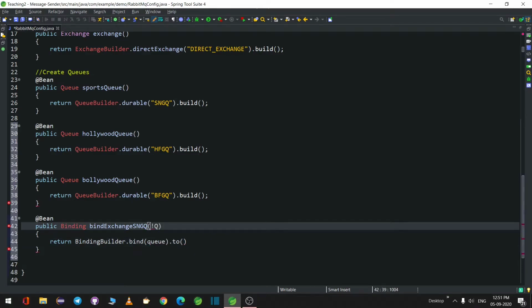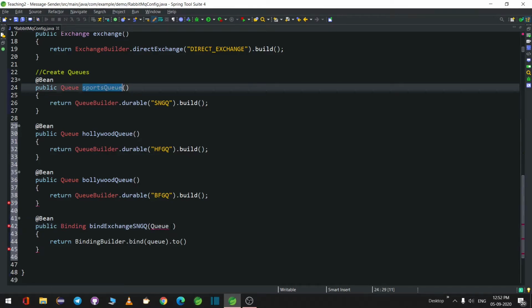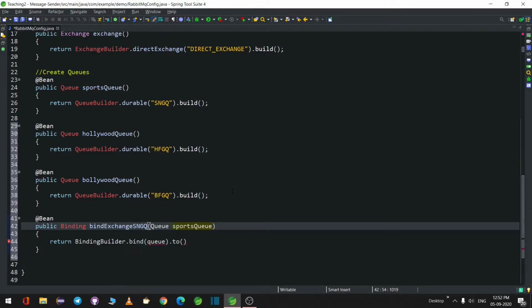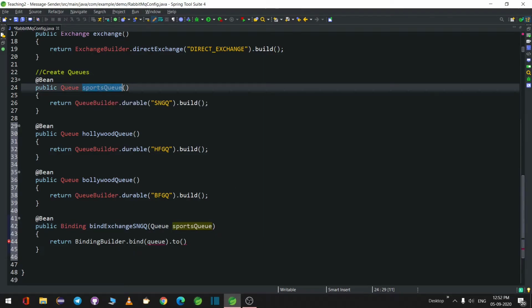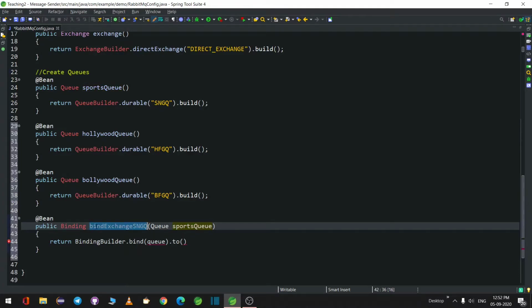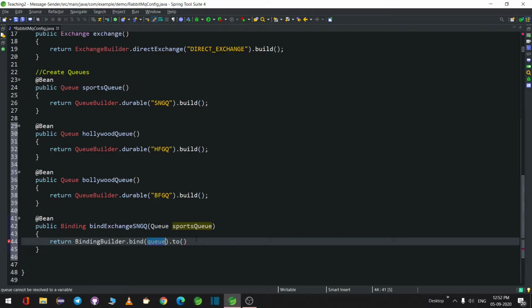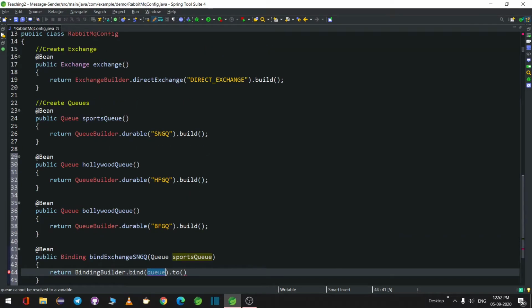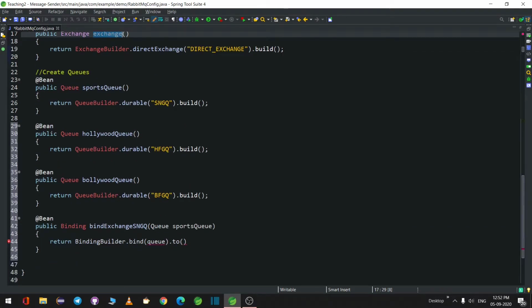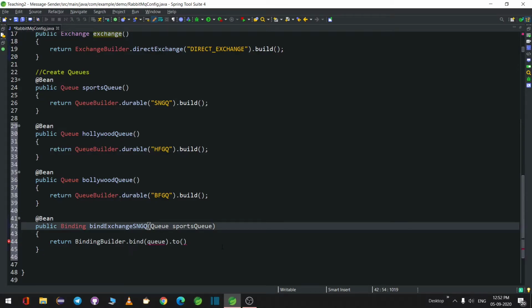So I'll say queue. So you have to give the same name as this method name, because it will take the name. The Spring container sees the sports queue and the sports queue, then the binding method will think the sports queue has to be bound with the exchange which we have given. So what is the exchange we have given? The same method name we have to give, exchange.